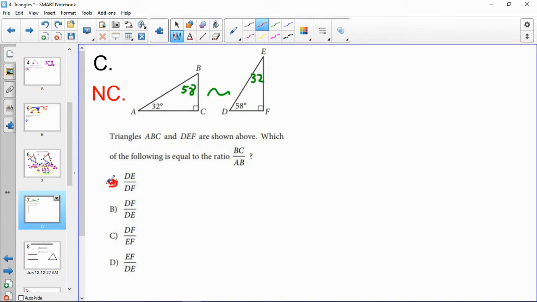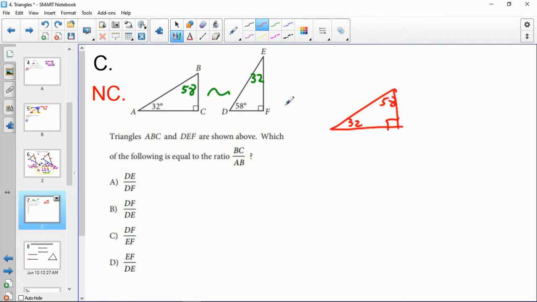Now, if I just try to work off each answer choice here, this might actually be a bigger pain because it's like 4 letters per answer that I have to mark up and match to see if they fit the situation. So a big part of doing SAT math, especially within triangles and geometry, is you want to make sure you represent information to yourself as easily as possible. So instead of dealing with these 2 triangles being similar and having to match which sides go where, what I'm going to do is redraw one of these triangles so that the problem looks easier to me. I'm going to redraw DEF so that the 32 degrees is down over here, 58's up over here,